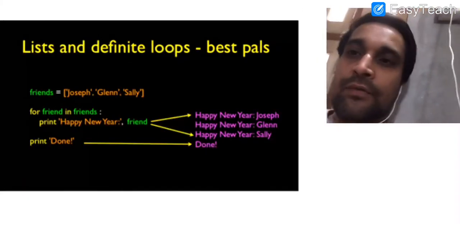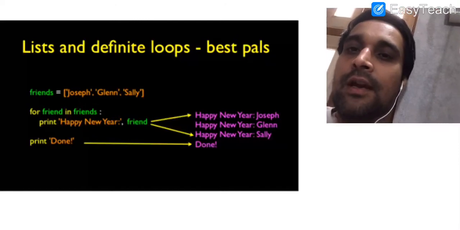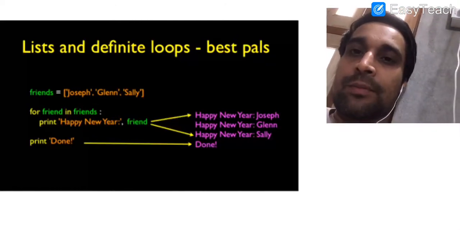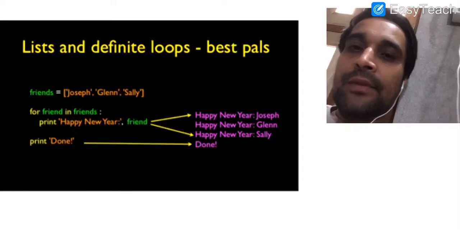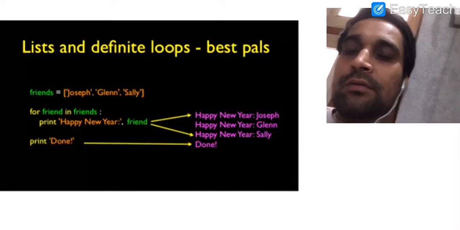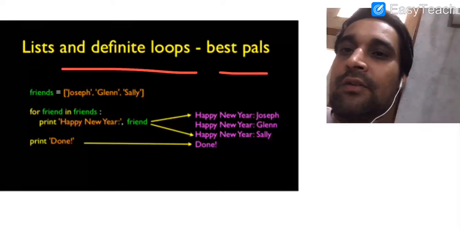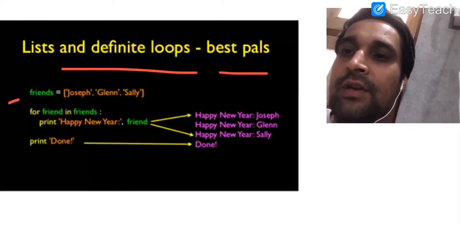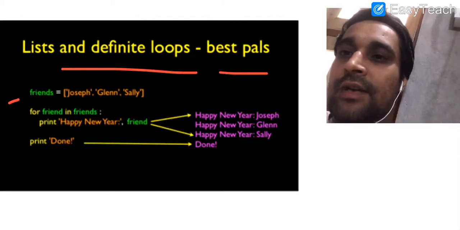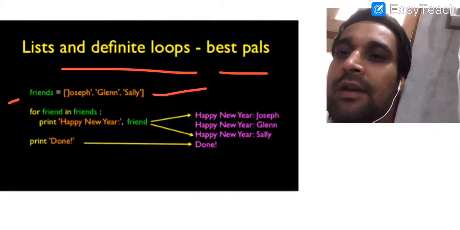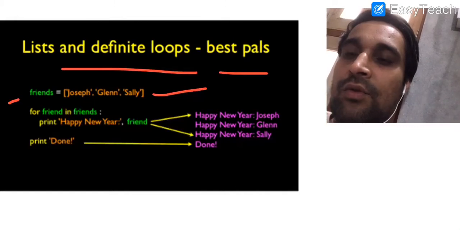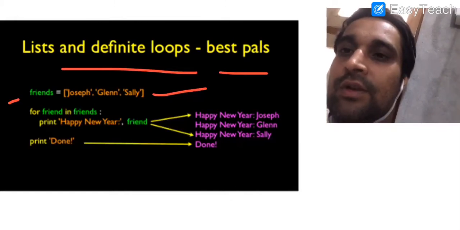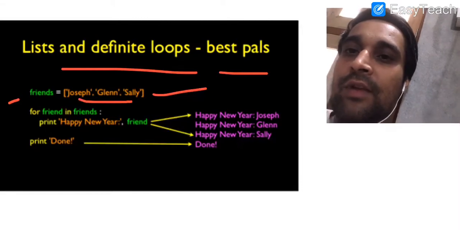Now here is one more example for you to understand the concept of list. Mainly when we are processing a list, we use the concept of loops, and you can use a for loop or while loop, whatever you want. Mainly we use a for loop with list. Here in this example you can see we have created a list. The name of the list object is friends. It has 3 elements, and thereafter we have written for friend in friends. It means friends is a list, and friend will be assigned each and every value of the list one by one in the order in which they were available at the time of declaration.